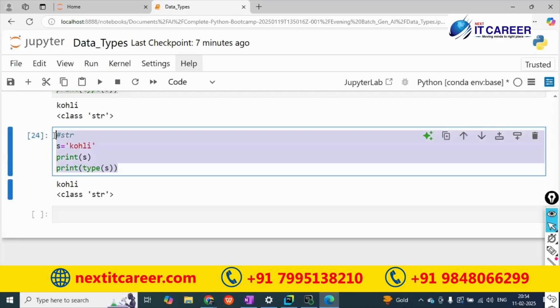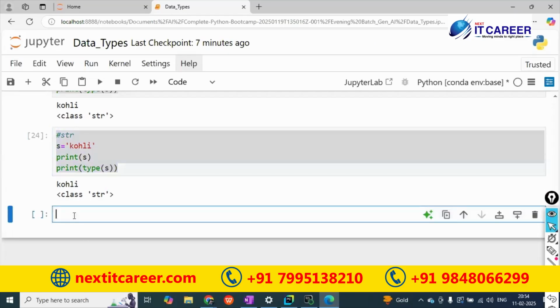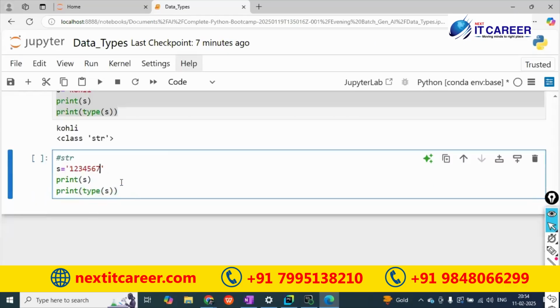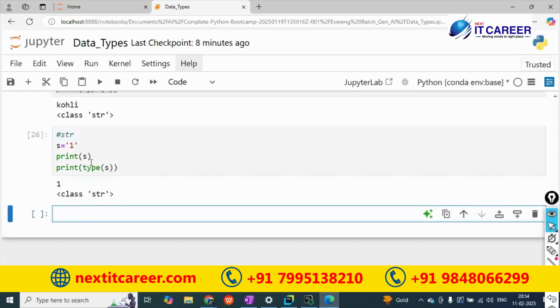So one more way is there. Not exactly in strings, actually alphabets. I will give the values 1, 2, 3, 4, 5, 6. So tell me, what's the output we will get? What's the type we will get here? For the example, a string, a new string itself. String only, right? If I execute this, we will get the string itself.